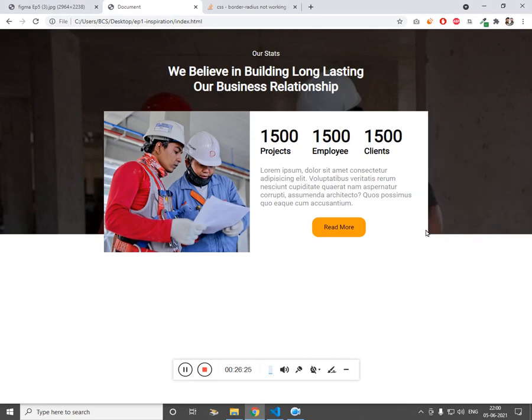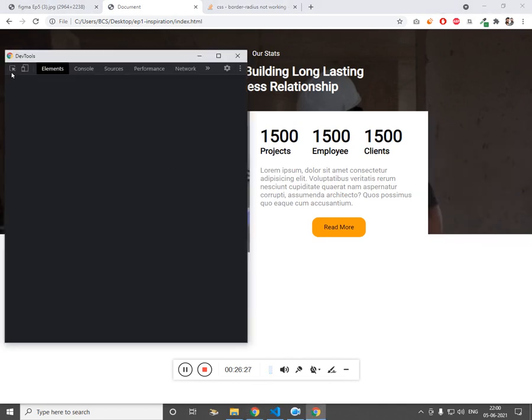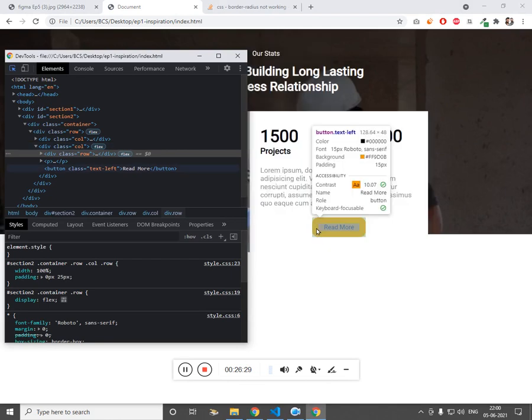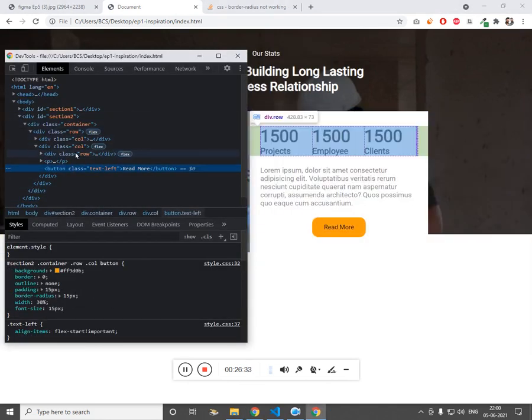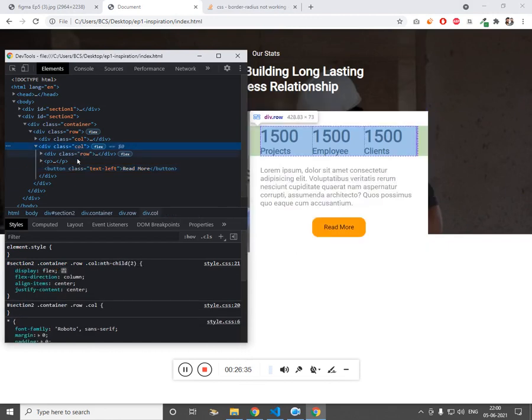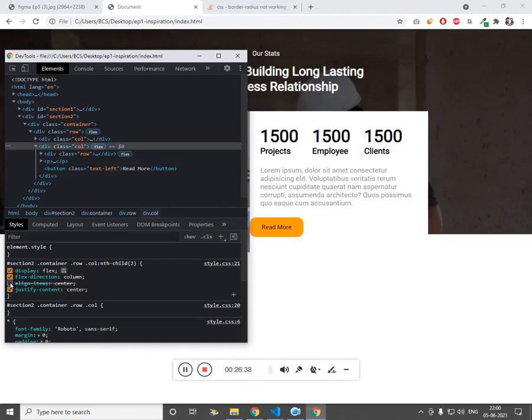Hard refresh, inspect. You can see once I remove it, it is working. So the problem is the